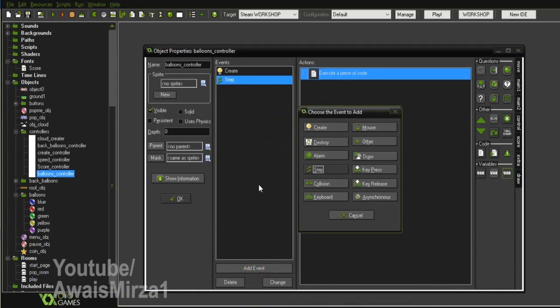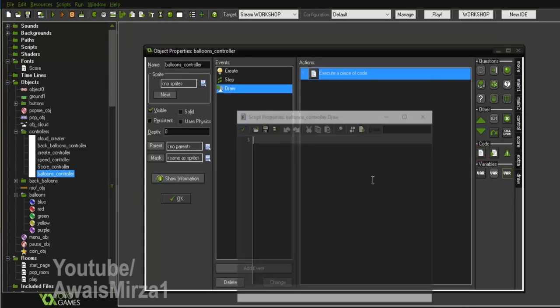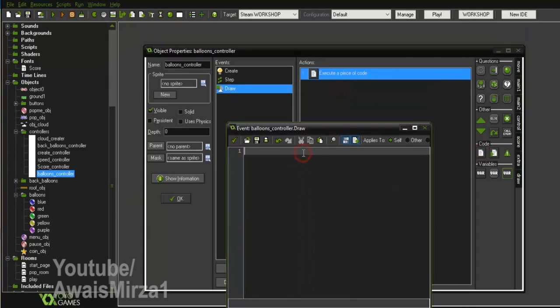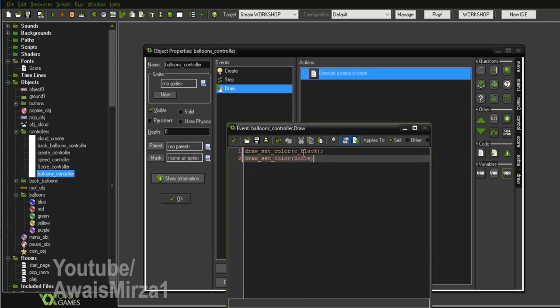Now the last thing is that we need to draw our lives at the top right corner. So click on draw and click on draw. Okay, and I will drag the script, and inside it, again, as I did earlier, I need to use draw_set_color, and I can write c_black. And after that, I need to set a font, and I'm going to use the same font that I created under the fonts folder. Okay, and after that, I need to draw